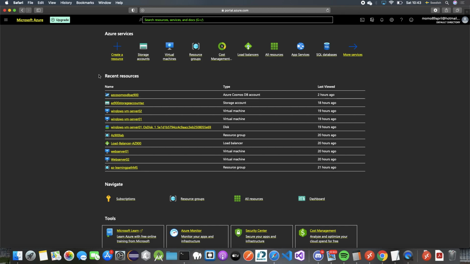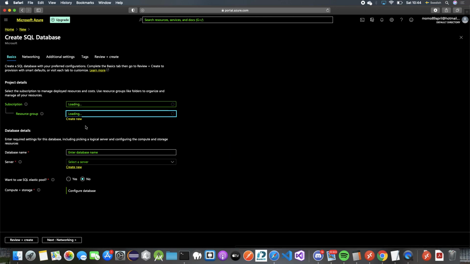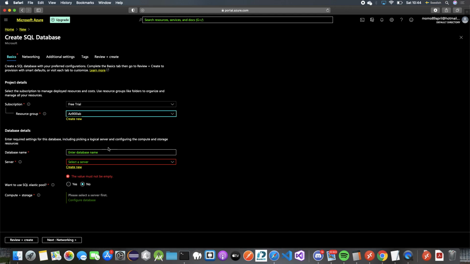Okay, now we'll create the SQL database. So we can go to create resources, search for SQL database, or just choose SQL database from here. And click on that. And then we select our resource group. The database name should be unique, easy 900